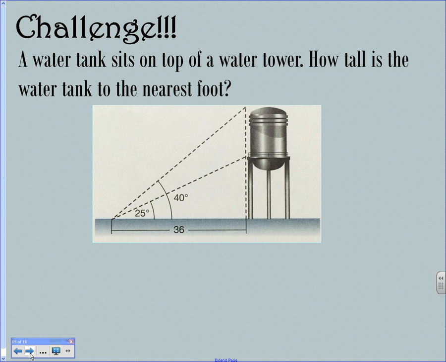It says it's the large tower. The large on top of the